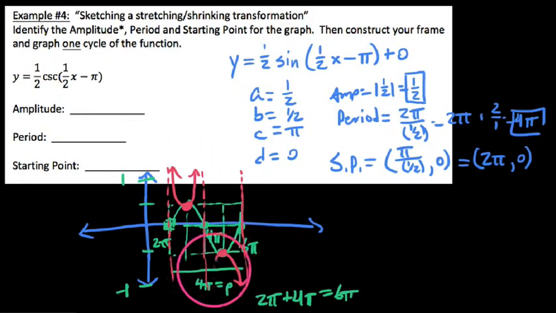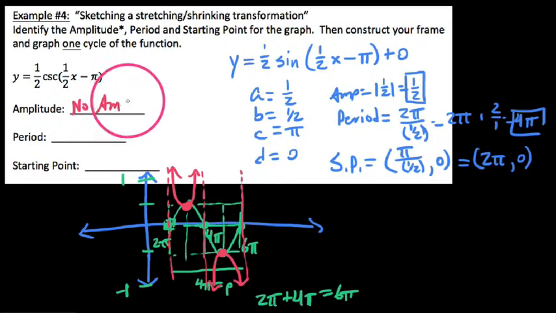And so with respect to, let's talk about a few things here. Amplitude, we have no amplitude. Remember this graph? There is no halfway distance between its maximum and minimum, because since it proceeds upward and downwards indefinitely, alternatingly, we can see that it has no max and no min, so no halfway point between those. The period of this graph looks like the period would be the same as the period of the sine curve that its reciprocal is. So we would say the period is